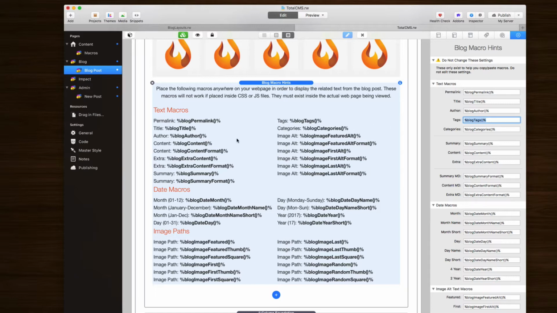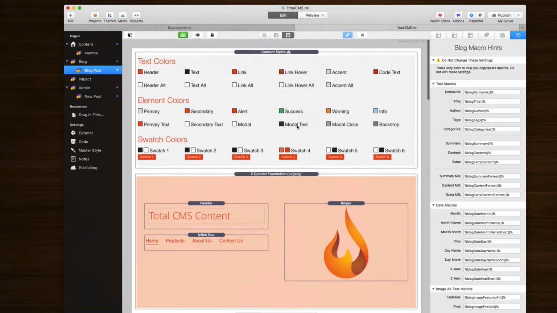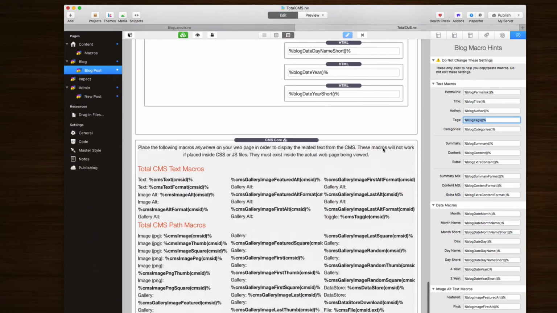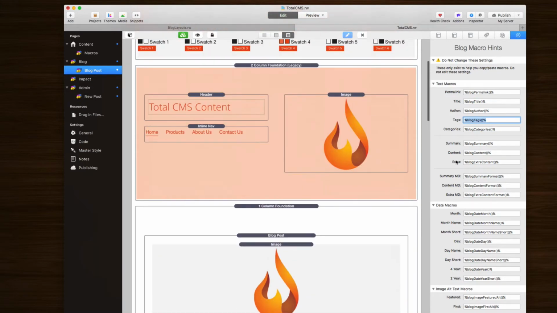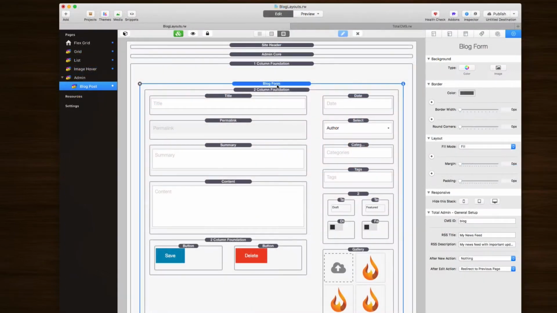Okay? And what's great is you can just click on this stack, scroll to a part of the page, and then you can copy it, right? So again, these settings are viewable no matter where you are on the page, okay? And again, these are just for copy and paste purposes. It doesn't matter if you change them. I don't recommend typing over them because it's going to make no difference and you're just going to lose what this says, okay? So go ahead and just copy that and you can paste it wherever you want. Again, these are just for usability sake to make it easier for you to copy and paste these macros and use throughout your pages. Okay, so now we're going to jump back over to the admin side to the